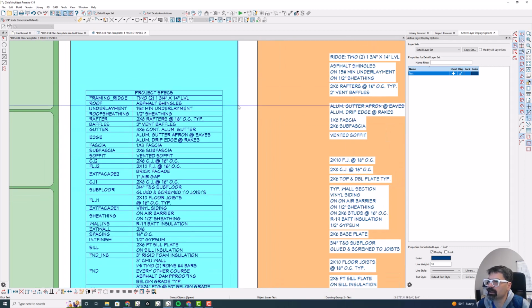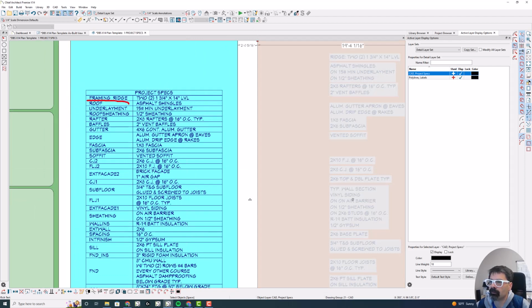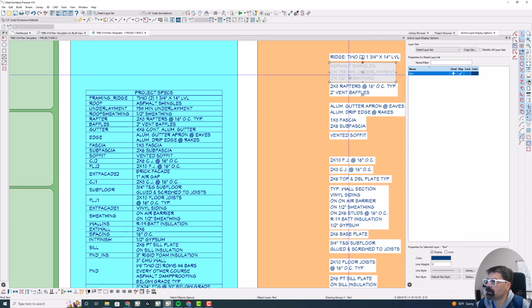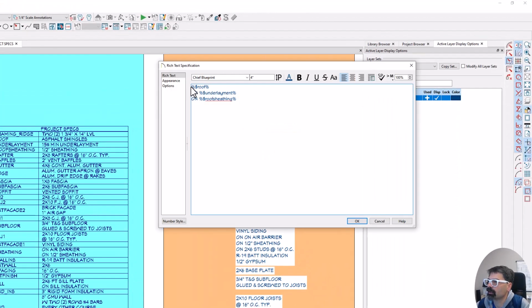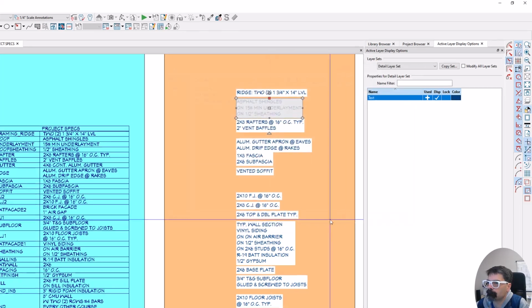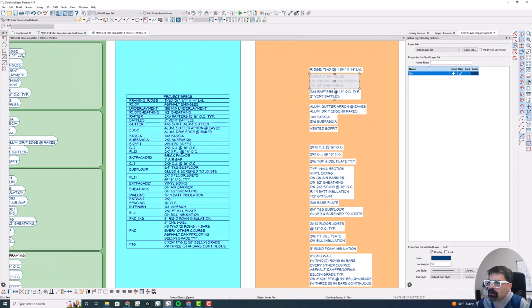I can put these three objects in one text. So I can go $$ roof. That's the macro. That's the unique identifier roof. On underlayment, on roof sheathing. So what I did was I took roof